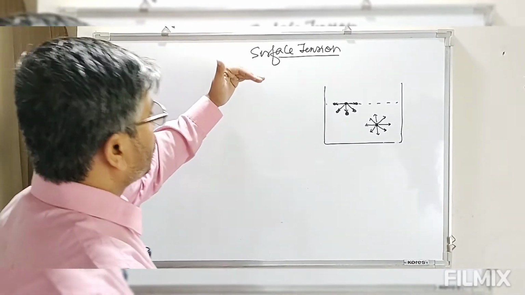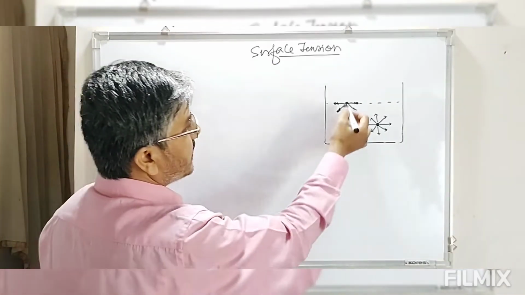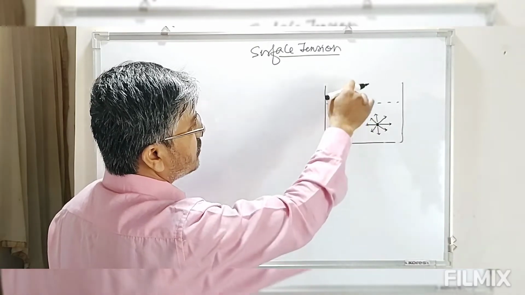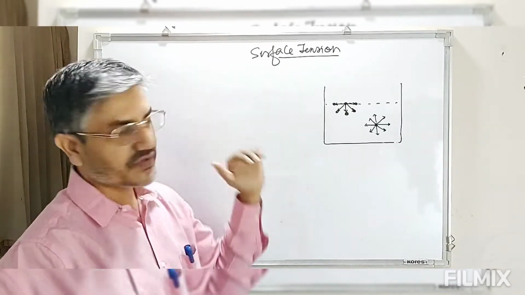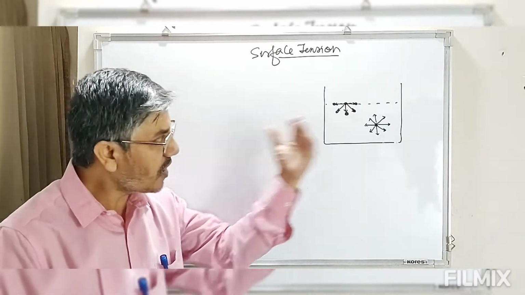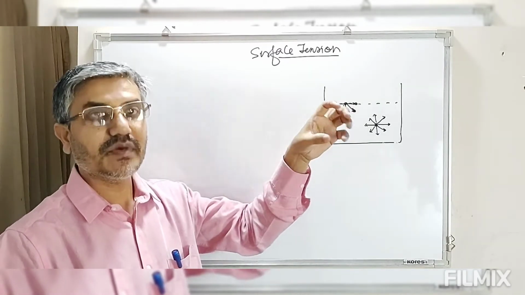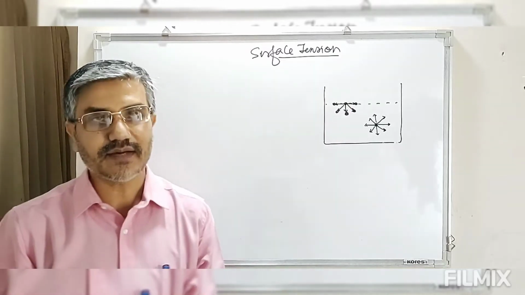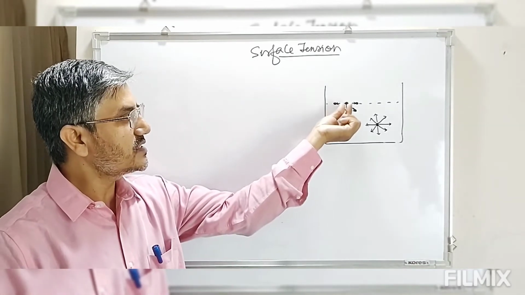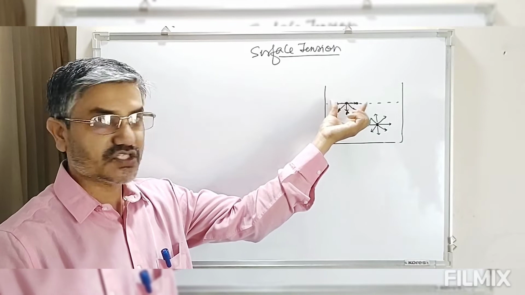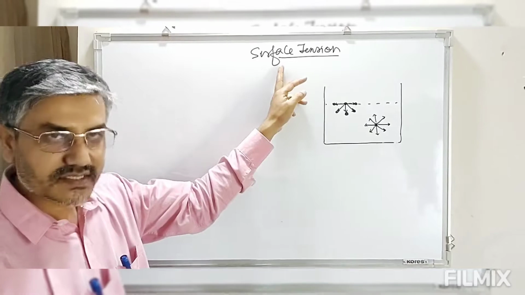So based on this, let's define surface tension. Because of this net downward force, the molecules assume some minimum surface area. Now surface tension is defined as the work or energy required to expand the surface area by 1 unit. How much energy we have to supply, how much work we have to do, so that the surface area is expanded by 1 unit area, and that is what we call surface tension.